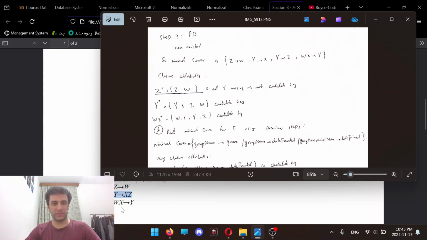If we look at it, the only suspicious relation that we can find here is WX to Y, but we don't have any relation that would say W to X, X to W, W to Y, or X to Y. If we had, we could remove one of these, but since we don't, we realize that it's already minimized. So we move to the next part, which is the functional dependency redundancy,